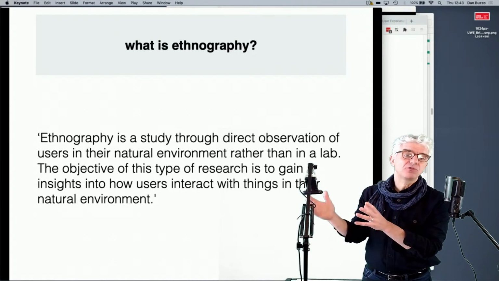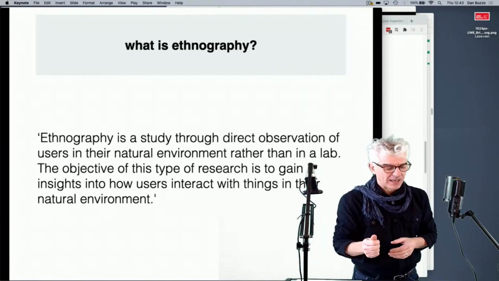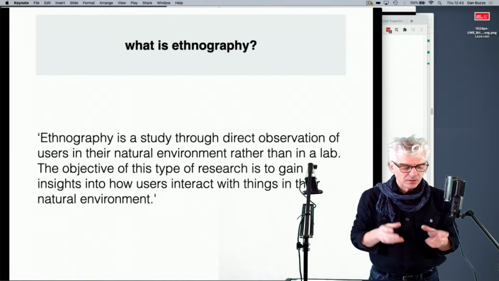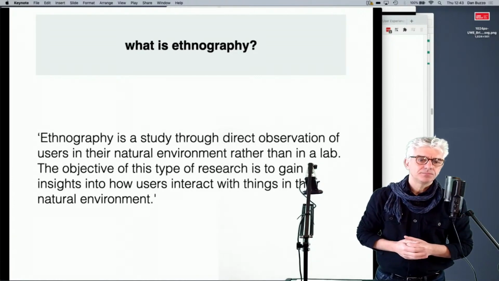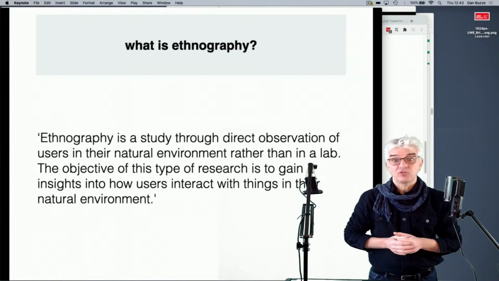These are people that will use a system in their natural environment rather than in a lab. And the objective of this type of research is to gain insights into how people interact with things in their natural environment. There is a challenge that when we ask people to self-report,